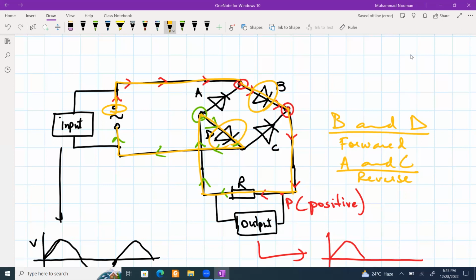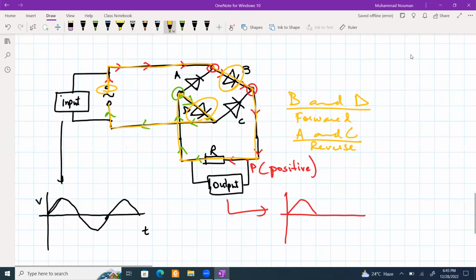Okay, so what we understood is that in this entire bridge circuit, when the pulse leaves from any one terminal, any two of the diodes are set as forward biased and the rest of the two are set as reverse biased. Is that clear to you? Okay, you know they ask these kinds of questions in the exam, right? Anyways, now what I'm going to show you, since one pulse is complete,